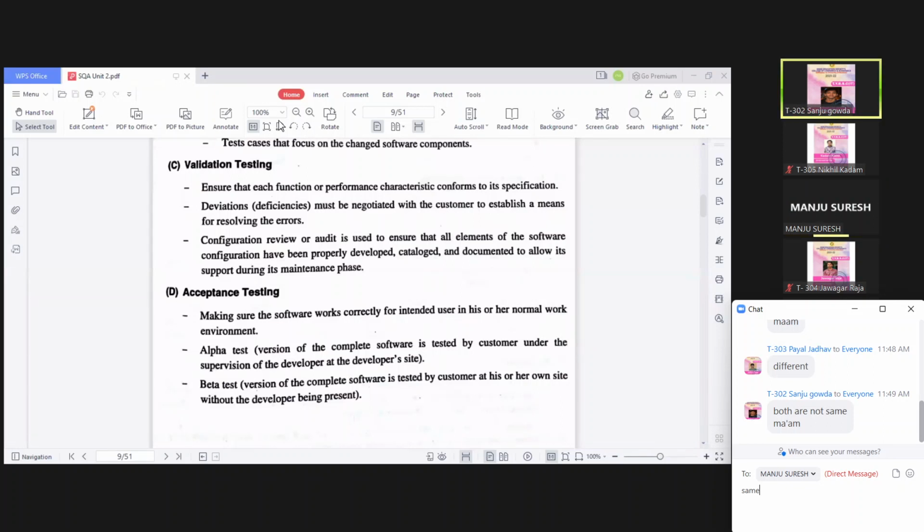Validation means, ma'am, like voting is coming, so for that I should be 18+, otherwise I am not valid for voting. No, not that. Validation and verification as per your testing, what does it mean? No one?